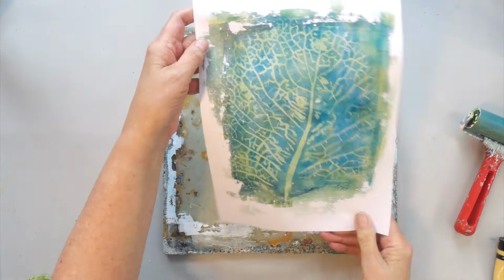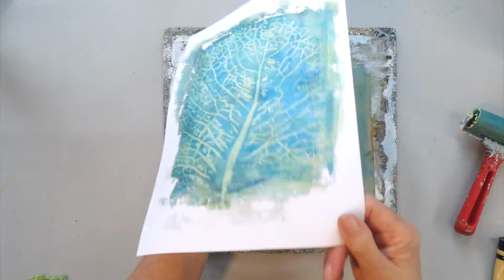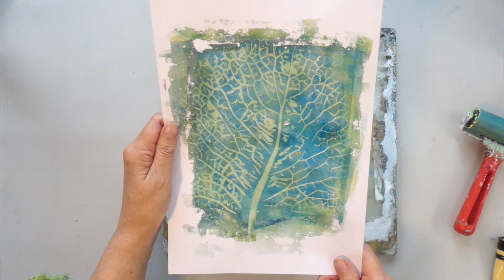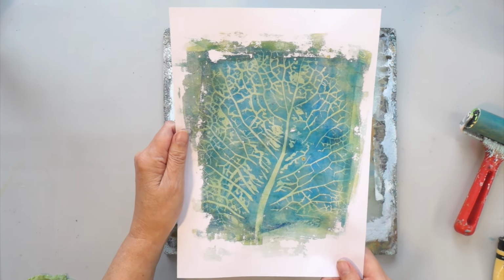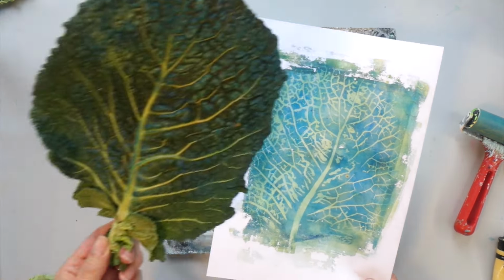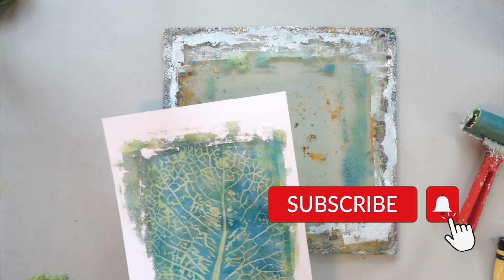Ooh. I'm quite happy with that. That looks really quite nice, cut up into various different sections for a project in the future. So that was the cabbage leaf. So let's try